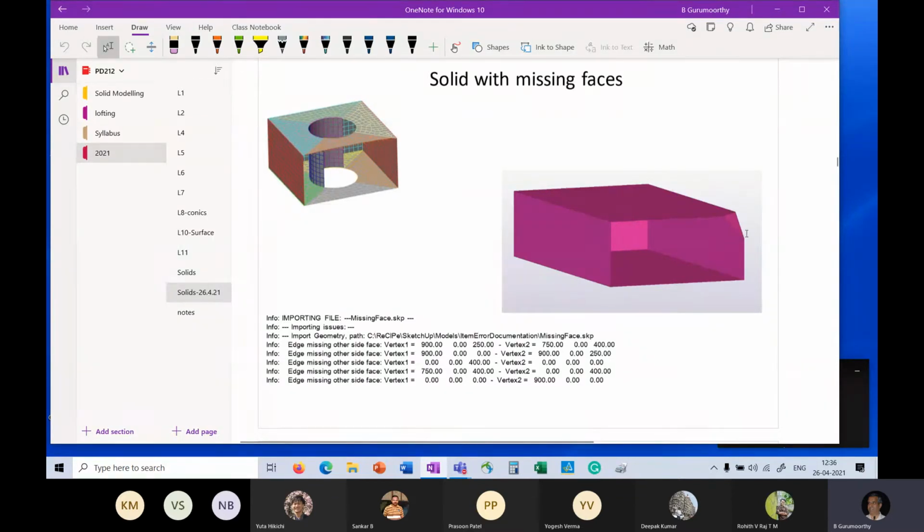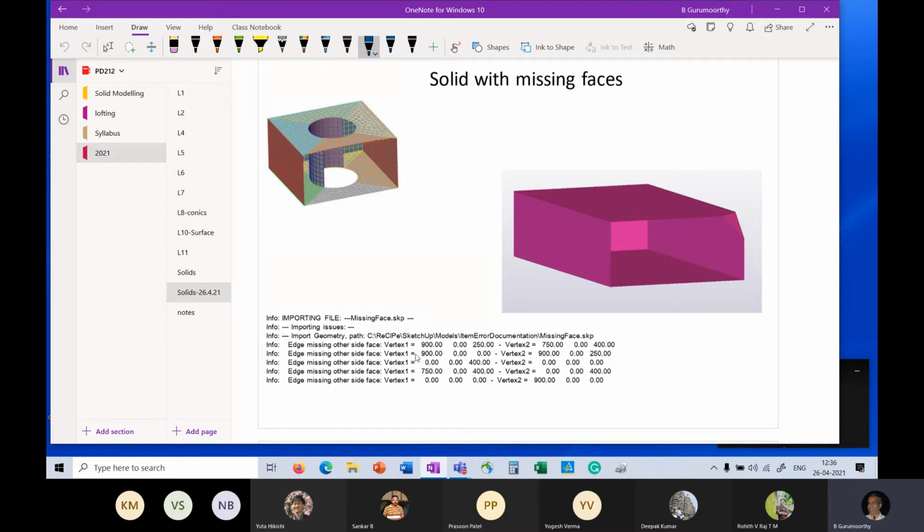1, 2, 3, 4, and 5. There is a small chamfer here, if you can make out. And therefore, you have 5 edges, 1, 2, 3, 4, 5, that are missing a face. So that's the check: every edge must be incident on two faces.